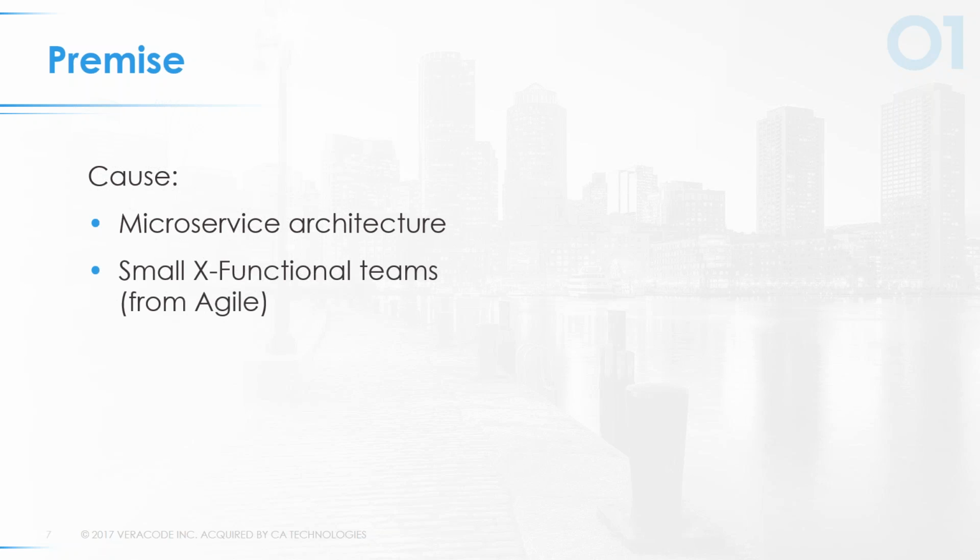Secondly, the teams have shrunk. So again, in the waterfall days, it wasn't uncommon to have 50 or 100 people on a team working together to do these big, giant releases. Now, as we moved to Agile, we've got these smaller cross-functional teams of less than a dozen people, and you need to think more about the things that you are responsible for as an individual contributor on this team.